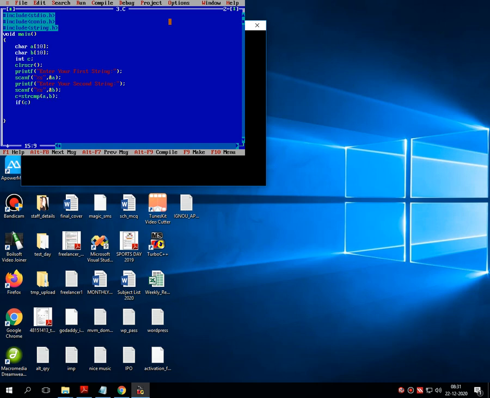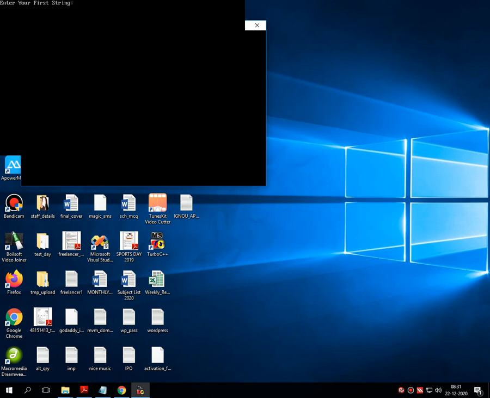If c is greater than 0, printf same, else printf not same. Let's execute mbm, another mbm.